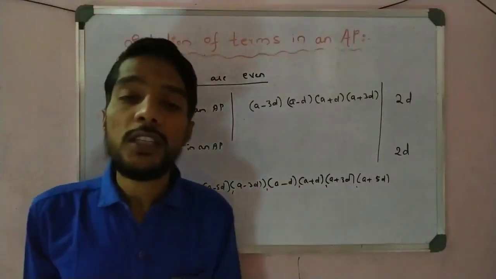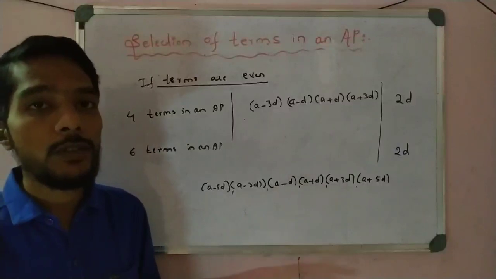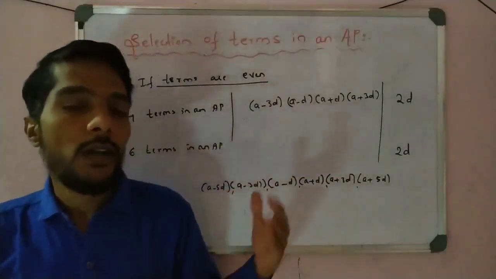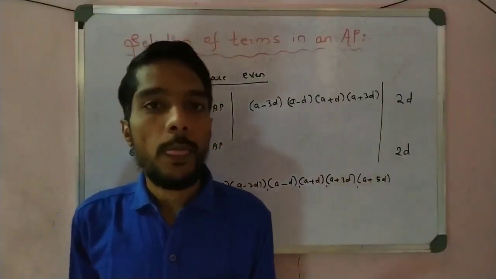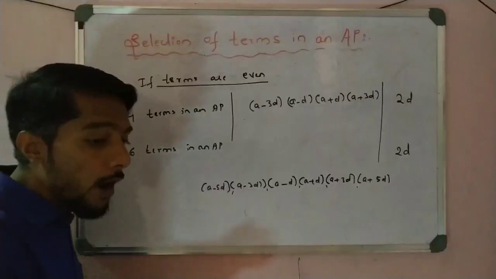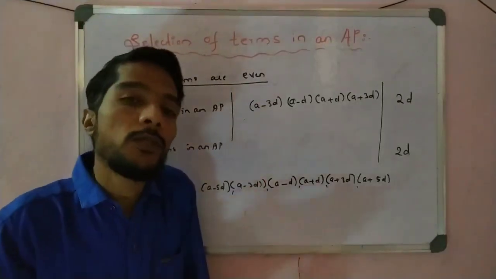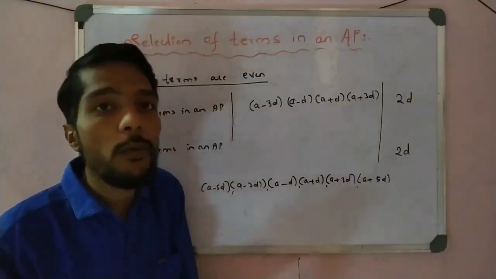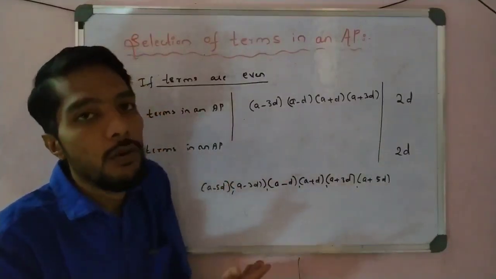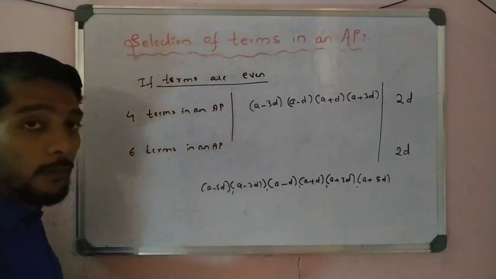Okay students, this is how we write the terms, the selection of terms in an AP, and that is very important. So I can make 2 sets, one even and one odd. You have to remember these points. And how do we use these in problems? We can solve very important problems today; in almost all the problems we use these concepts. Okay, so let us start the problems.